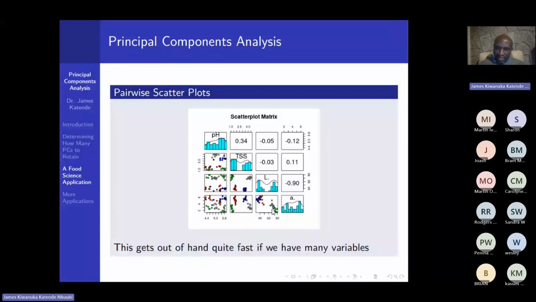In some cases, they are a bit mixed. For some of the variables, the clusters are quite clear. For some of the other pairs, they are not so clear. But this gives you a rough picture of what is going on. As a chemist, maybe this might make sense. And if you look at the corresponding histograms,